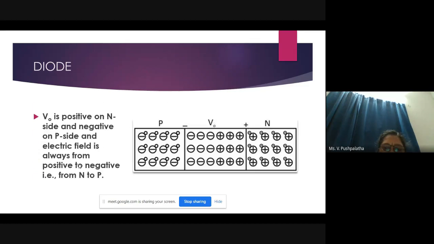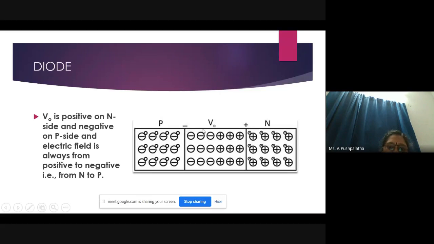See, actually here this is your P and N. This is your depletion region. So in the depletion region, here you have donor ions and you have acceptor ions. So these are all immobile ions. Since these are all immobile ions, there is a net positive charge and a net negative charge existing. That is what I have applied here as a net positive and net negative charge.